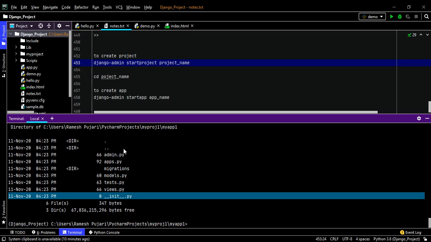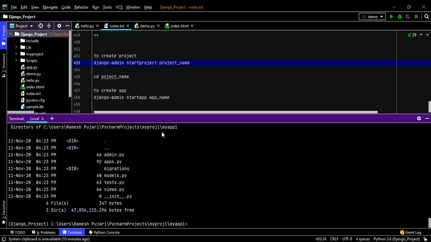These files are created by default when you run the command django-admin startapp. Now I will explain the functionality of each file.